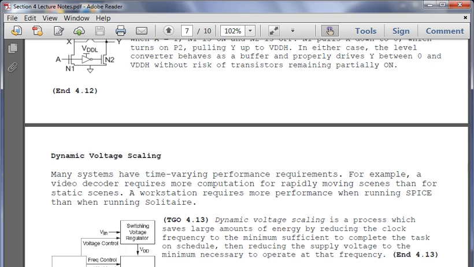And we define it formally as a process which saves large amounts of energy by reducing the clock frequency to the minimum sufficient to complete the task on schedule, then reducing the supply voltage to the minimum necessary to operate at that frequency. So here we have some sort of core logic that I need to operate. We know that